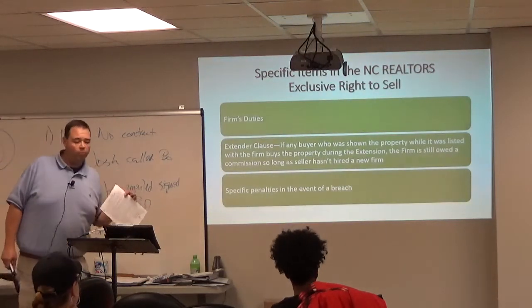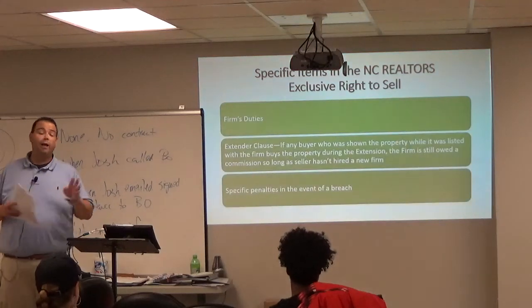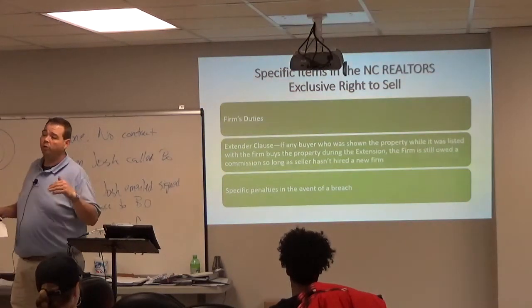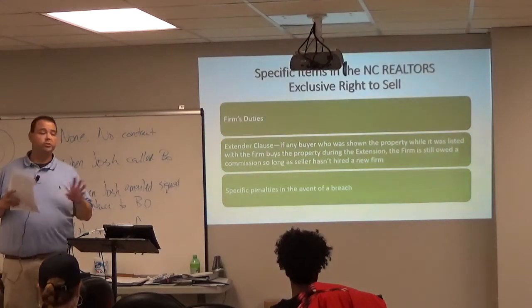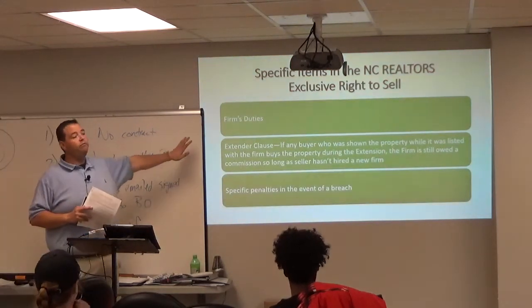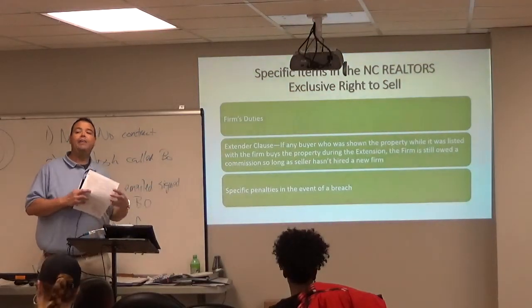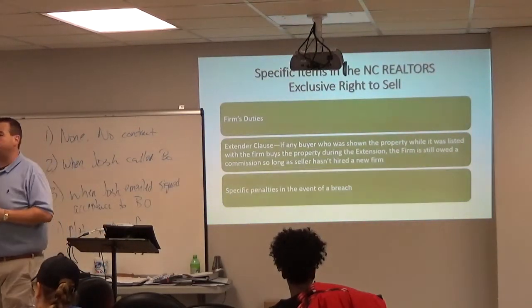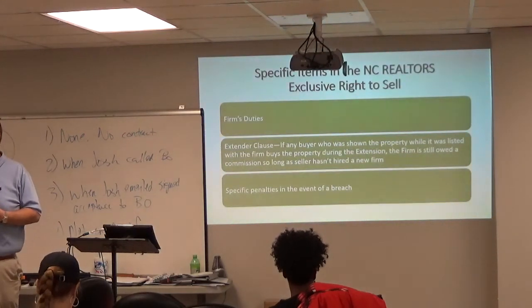Now this form has a lot of things that the Real Estate Commission requires to be there. This is where I'm going to jump back and forward some from your slides to the form, because your slides basically have the rules for things that have to be in a listing agreement. And then I want to show you where those things are in this particular listing agreement. Does that make sense to everybody?